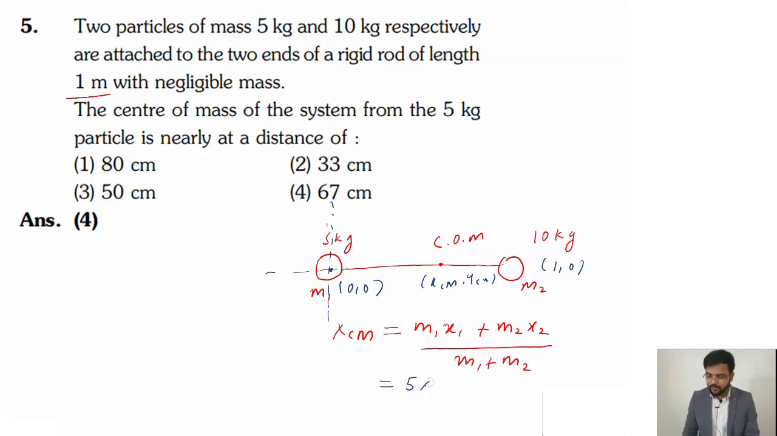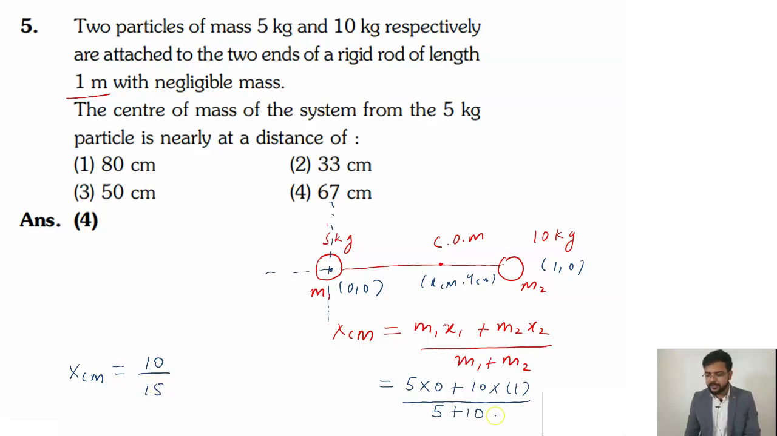So 5 into x1 will be what? 0, plus m2. The mass of this second mass is what? 10 kg, and x2 is what? x2 is 1 over here, divided by m1 plus m2. m1 is 5 and m2 is 10 over here, so 5 plus 10, correct? So 5 plus 10 is what? 15, and this is 10 by this. So after solving this, I am writing over here xcm equals to what we will get finally? 10 by